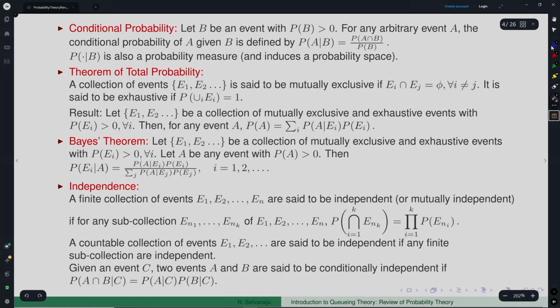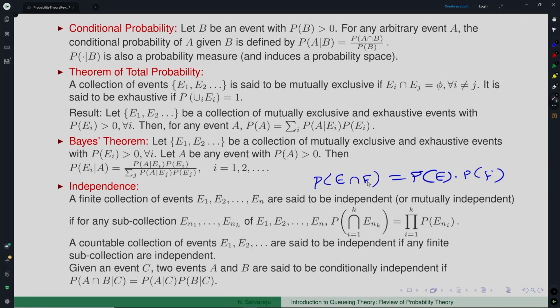If you have two events, you would have seen this, probability of E intersection F is probability of E times probability of F for 2 events. What we have given here is a finite number of events and any finite sub collection of those, and then we can extend that to countable, and also to conditionally independent. Okay. So, if the probability of this event is given as the product of the probabilities of the individual ones, then we say these are independent. Okay. That is what we mean here.